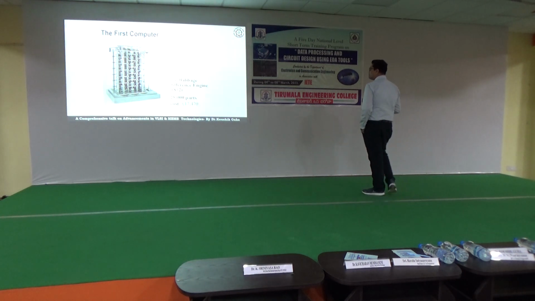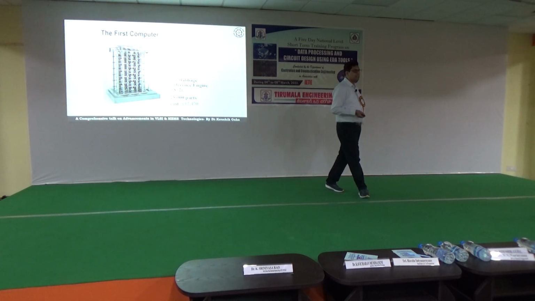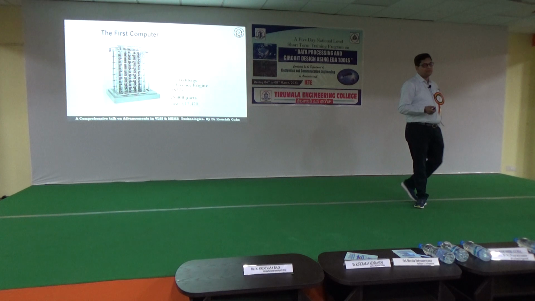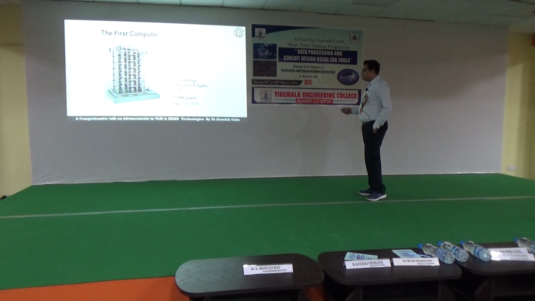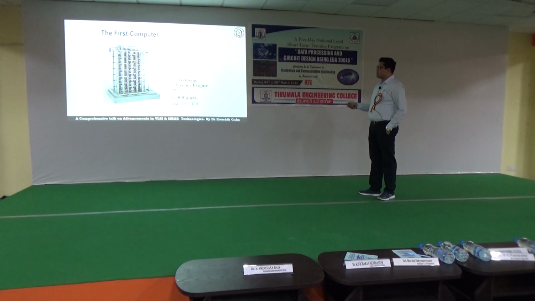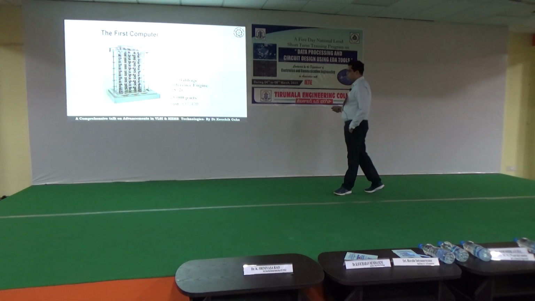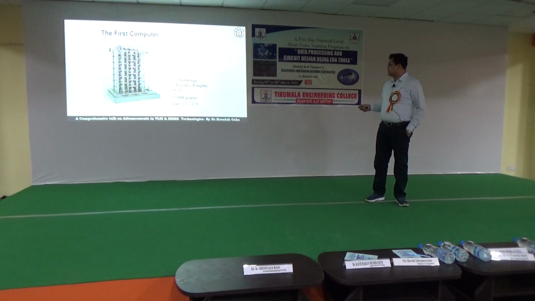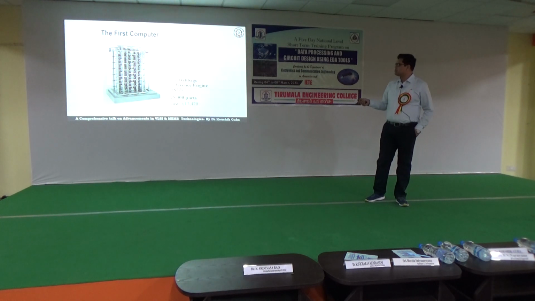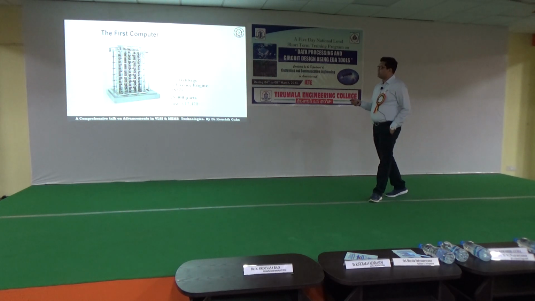Now you see the first computer, with such big structures, like a building, a 10-story, 20-story building type of thing. This is the Babbage difference engine. You can see it took almost 25,000 parts to assemble it, and the cost, in pounds, was 17,470. So it is almost 17 lakhs. In the year 1832, Charles Babbage first invented this. So this was the first picture, the first computer.